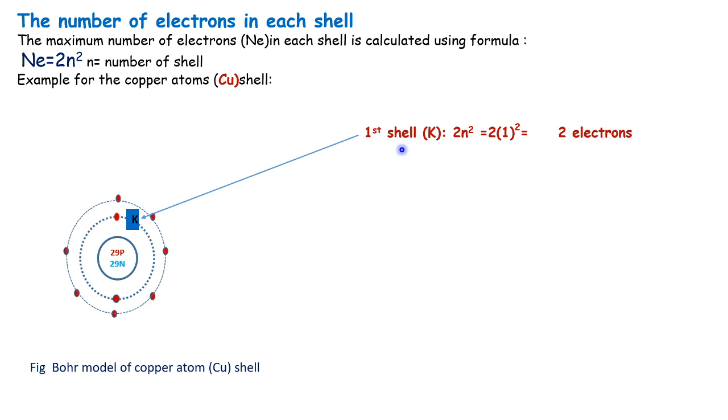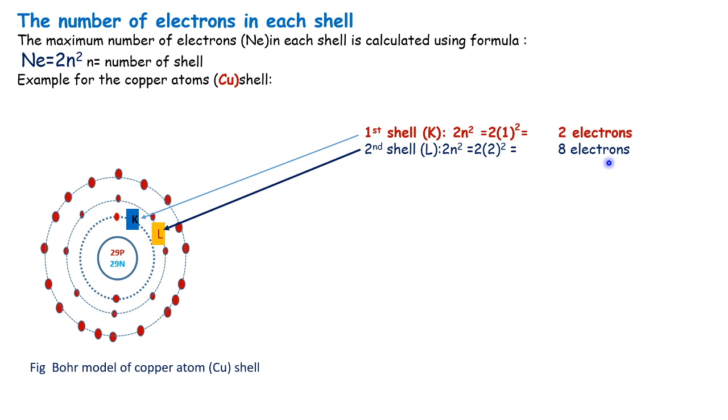Now how many electrons are in the second orbit or second cell? That can again be determined like this. This is the second cell, name it L, and finding the electrons in that cell L, it is 2n². n is 2 here, so 2 squared is 4, and 4 multiplied by 2 is 8. So 8 electrons in the second cell, the L cell.